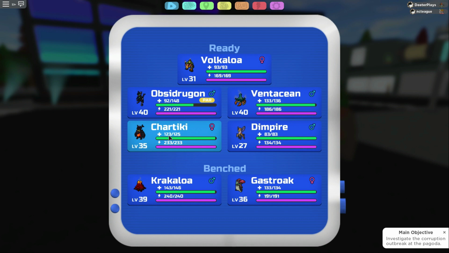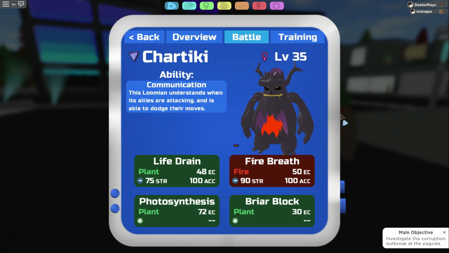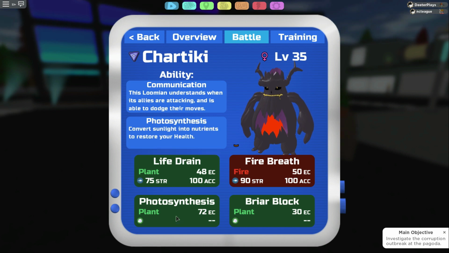So the Chartiki, this is one that also evolves from the Kratal. This looks like a tree, almost like a Gengar, and a Trevlis. I don't know, I'm trying to remember the name of the Pokemon that it actually looks like. So this one has Life Drain, always a useful one. Fire Breath. A new one here called Photosynthesis, where it can convert sunlight into nutrients to restore health, and Briar